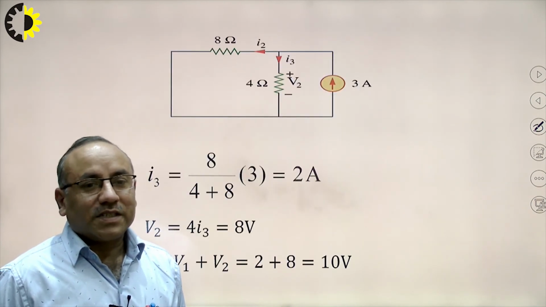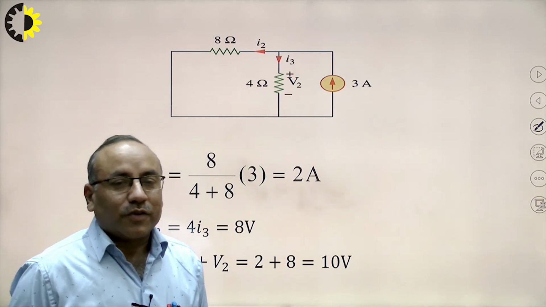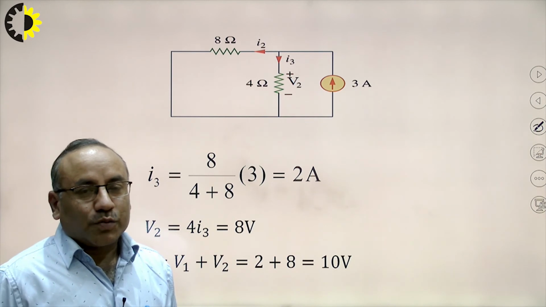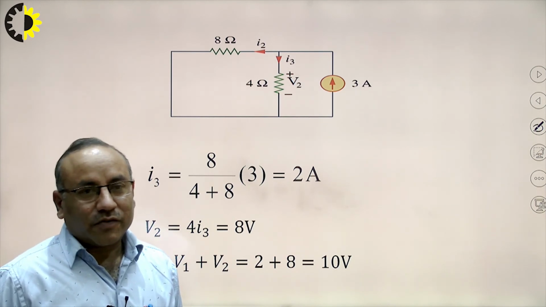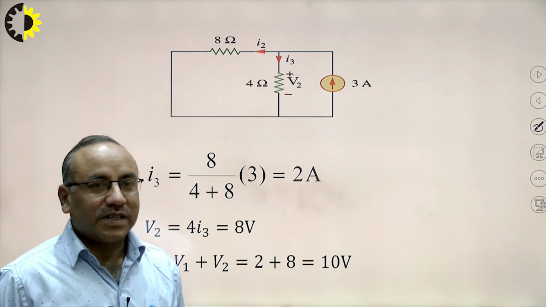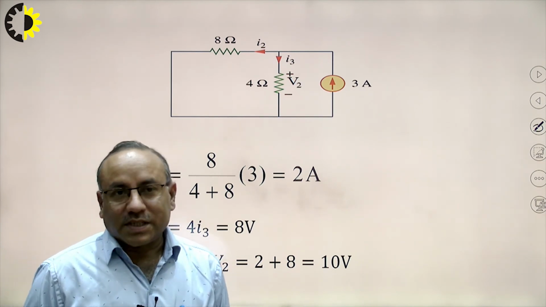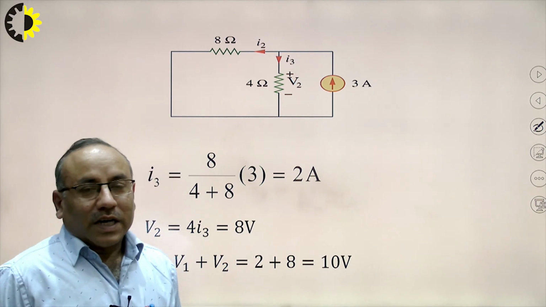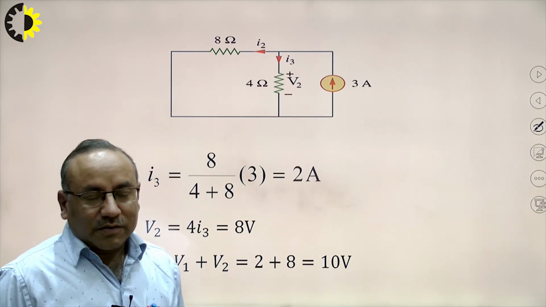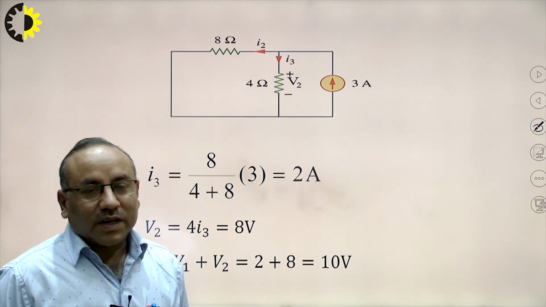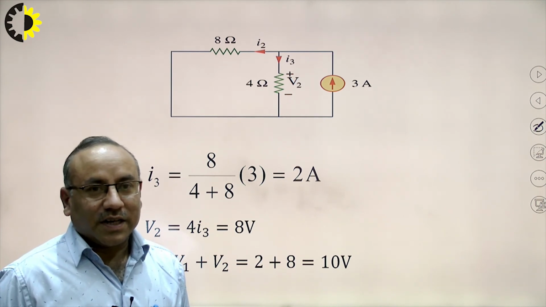So in that way we see the voltage across the 4 ohm resistance comes out as 10 volt using the superposition theorem, which we can also find using the other methods previously discussed, and we will get the same result with the help of those methods also. So in that way we can solve any circuit with the help of the superposition theorem if the required conditions are satisfied for the circuit.